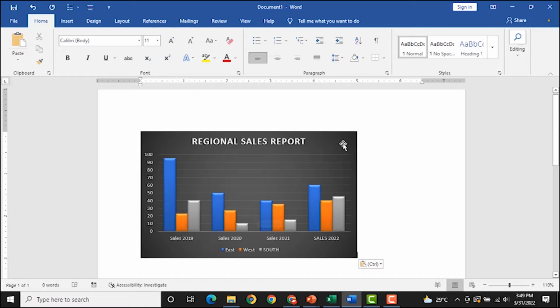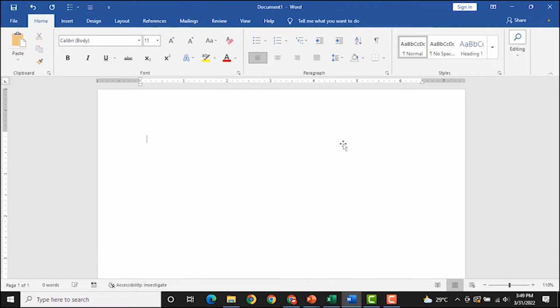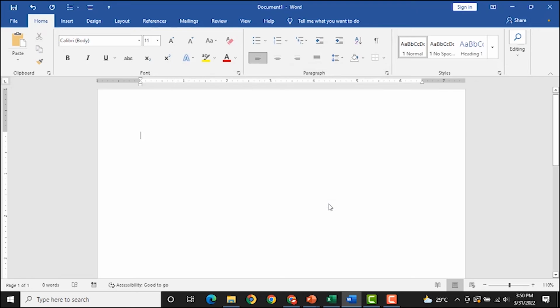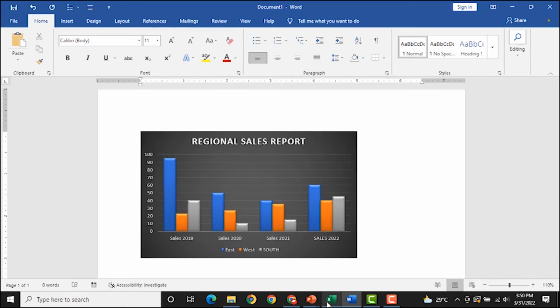Now another method you can use to paste the chart, such that any change made in the Excel file will reflect in that of Microsoft Word, is this. When you copy the chart and get to Microsoft Word, you can click on paste, paste special, paste link, and use either Microsoft Office Graphics Object or Microsoft Excel Chart Object. So use any of these when you copy from Excel and want to paste as a link, or create a link between the chart in Excel and that of Word, such that any change made in Excel will reflect in that of Word. So by doing that, you click OK. My chart appears normal, but the reason is that if I go back to Excel and change anything,